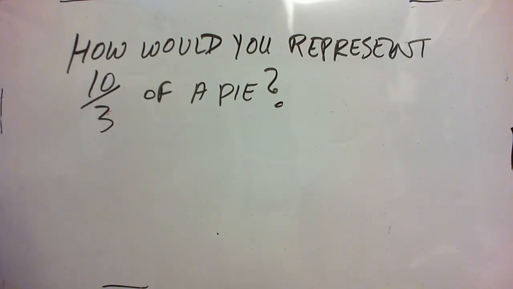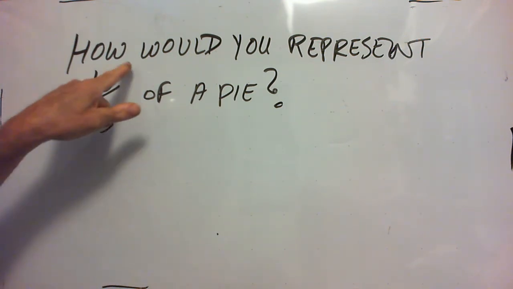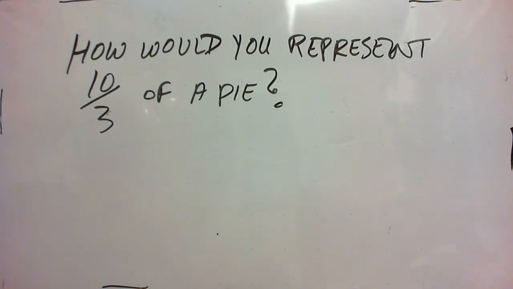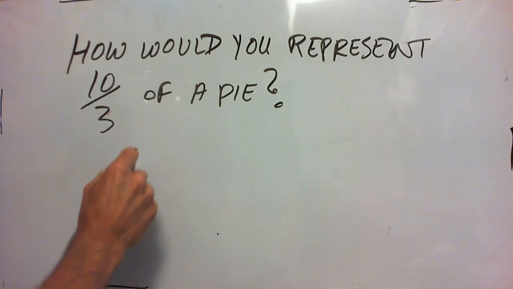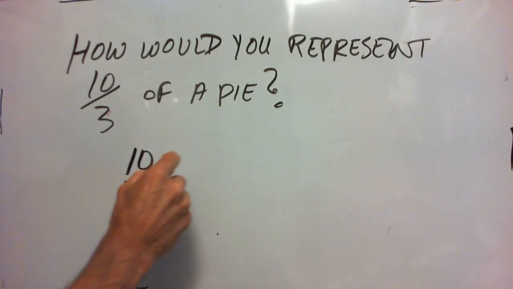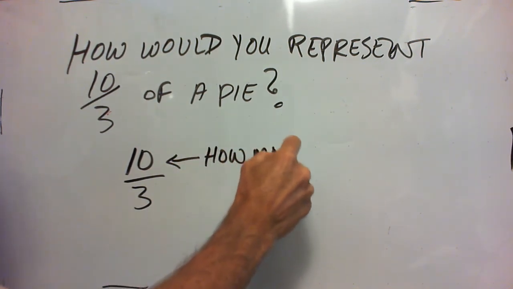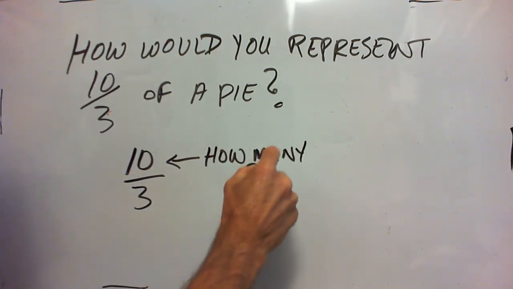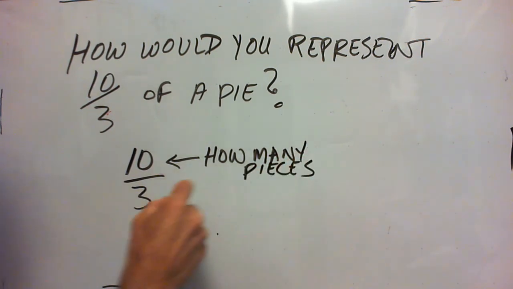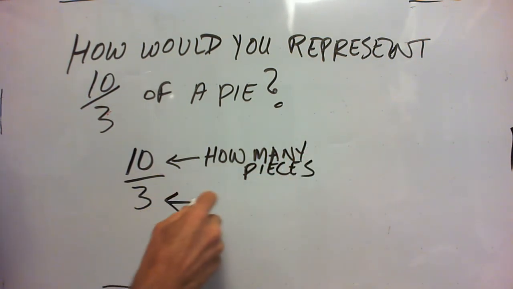Okay, final question. This is like number 12 of the homework. How would you represent this pi? And it's a multiple choice question. So here I have, how would you represent 10/3 of a pi? Now if we go back to the basics of fractions, the numerator tells you how many pieces, the denominator tells you the piece size,